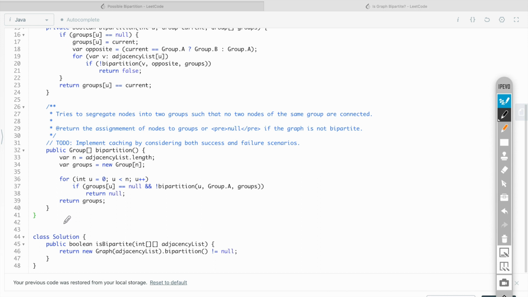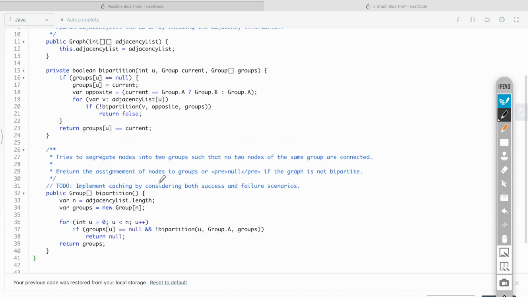This class Solution is part of a LeetCode template, and this is the method that is provided by LeetCode, and we cannot change the signature of this method. The only thing I have changed is the name of this argument here to better reflect what we are accepting. And this is how this class would be used to return a boolean whether a graph is bipartite or not. Let's see how this works.